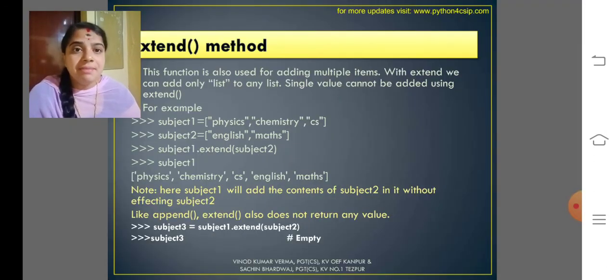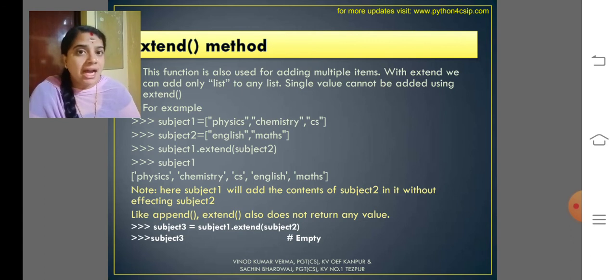Then what is the extend method used for? If we want to extend the list with another list, that is subject1.extend of subject2. Subject 1 is physics, chemistry, CS and subject 2 is English and maths.